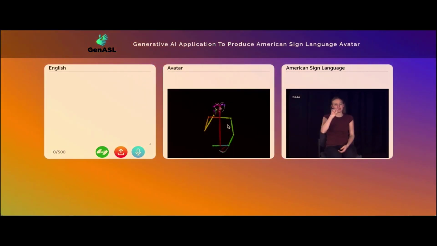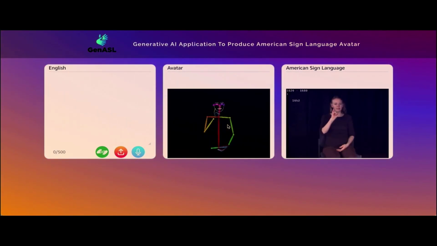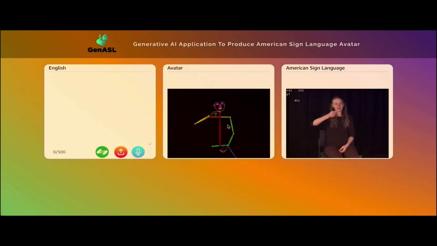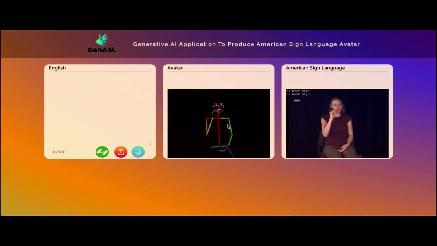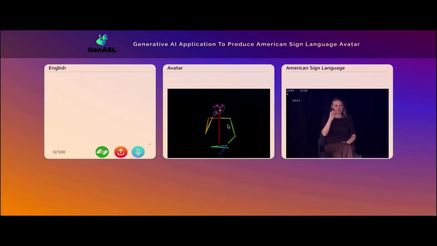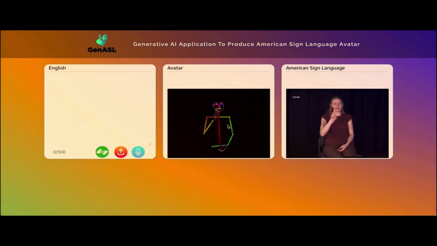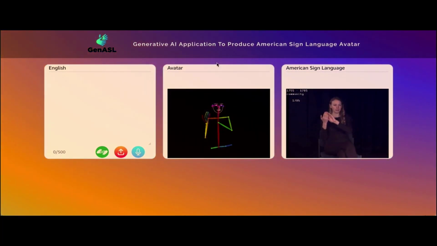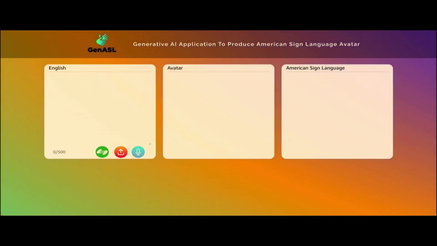So here it's finger spelling some of the words, like reInvent, for example. And then it found some sign for cloud and community. That's going to come up soon. So yeah, that's cloud, and then it's finger spelling the next one, and then the last one will be community. So now let's move on to the next type of input.